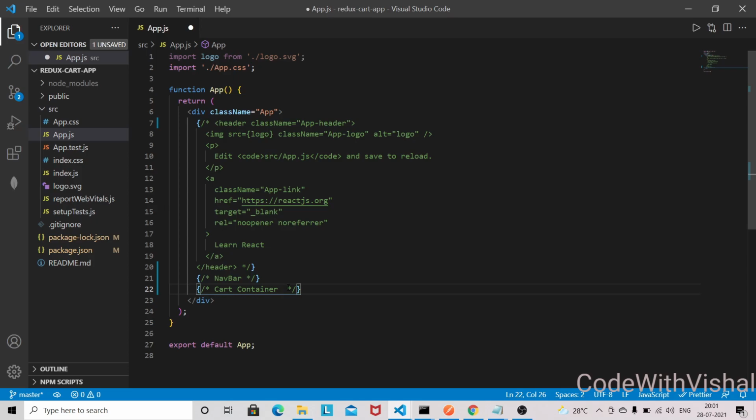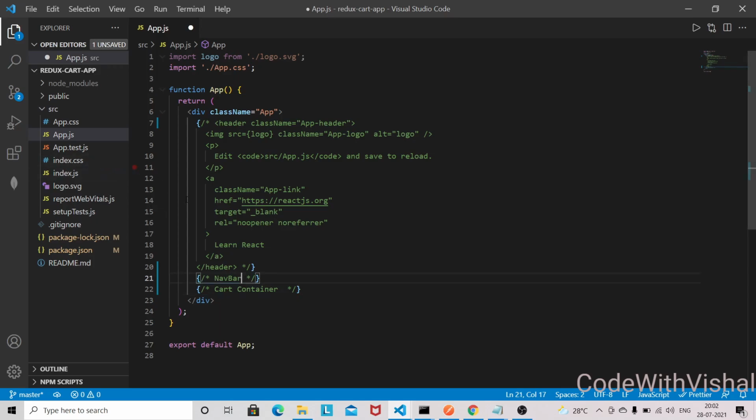If your shopping cart is empty, you can get all the items from the navbar, and in the navbar we will place one button, get items, and we will have one badge as well to show how many items we have in our cart. So that will represent the total count of the items in the cart.